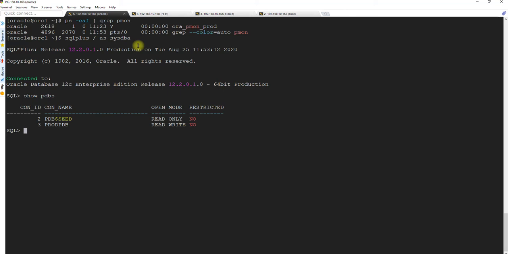So nothing is changed, just that there is an add-on for the pluggable database as well if you want to take the pluggable database backup specifically. Okay, so all the commands work.